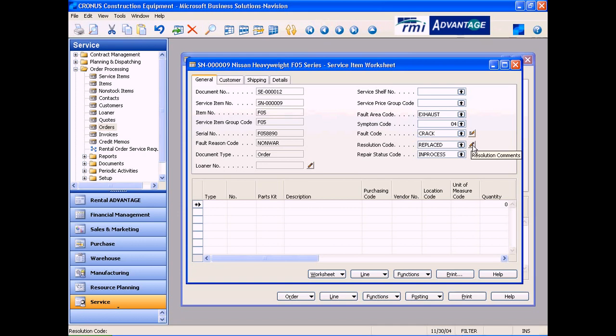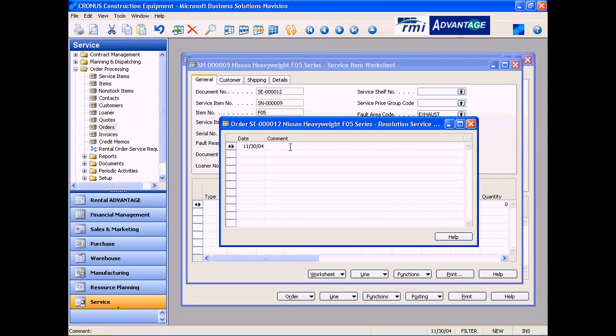So the service technician can enter this in. This will print on the service order as well. So I can click on that little pencil next to there, and it'll bring us to our resolution service comments, and we can say replaced exhaust pipe,